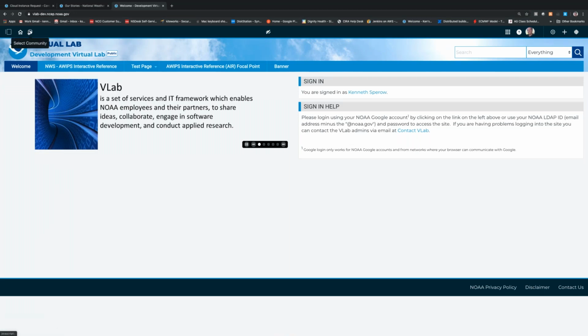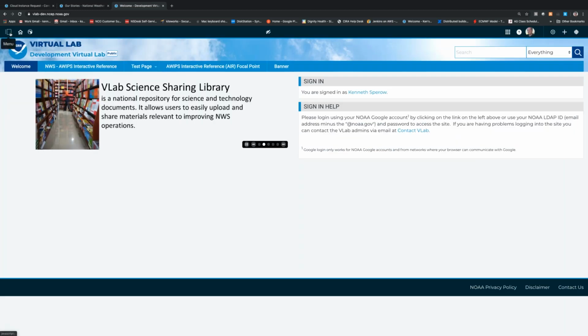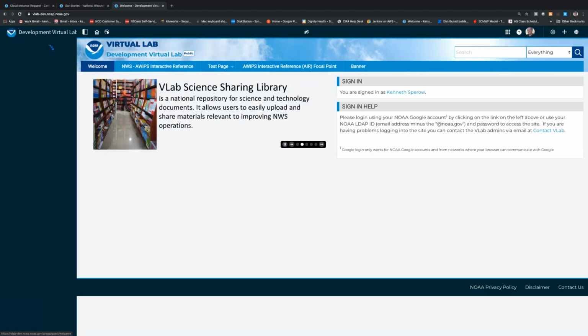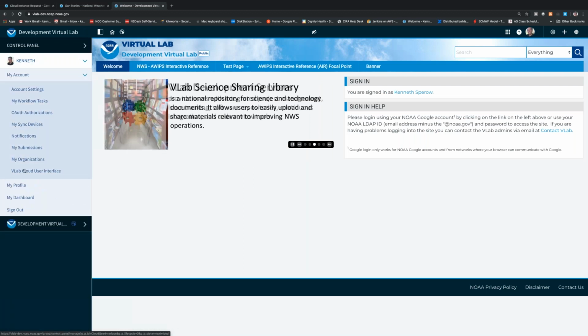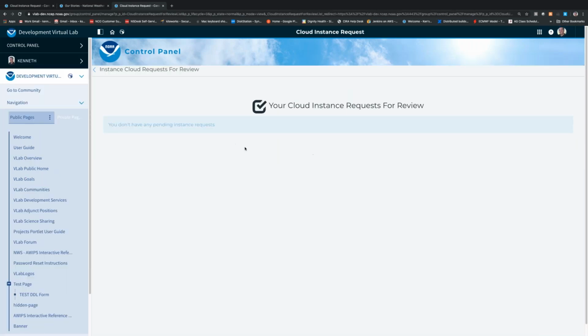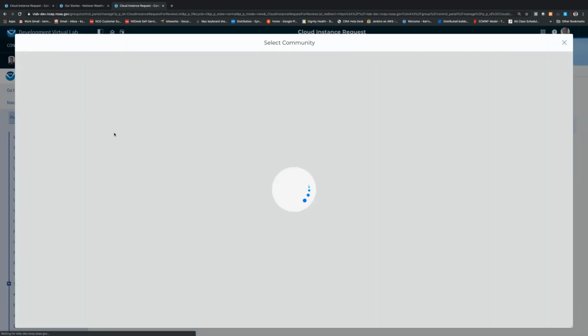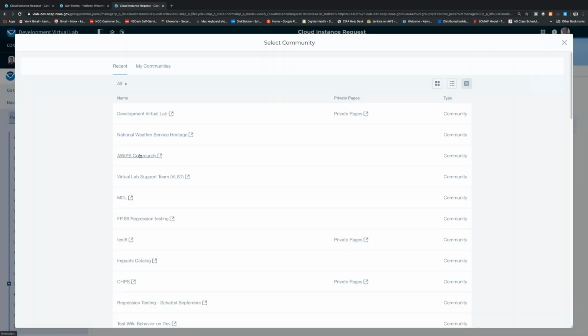And we'll come into here. Actually, I don't need to go there. I can just go here. So here you can see view requests for approval, and then there are no pending requests at this point in time. So I'm going to go ahead and submit another one just within the dev tier, and we'll do that. So if I go into the AWIPS community where we've defined that form,